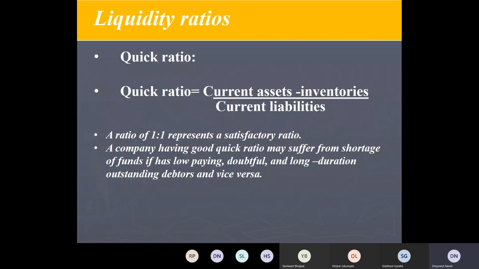Okay, so an asset is liquid if it can be converted into cash immediately or reasonably soon without a loss of value. So loss of value doesn't happen for cash in hand, isn't it? Mostly, if you are not involved in international business where currency values keep changing, but more or less if you are based in a country, its currency doesn't have much of an impact. Value doesn't decrease the way it may decrease with inventories. Okay, the same is true with marketable securities. Mostly their values are range bound, they do not drastically change.